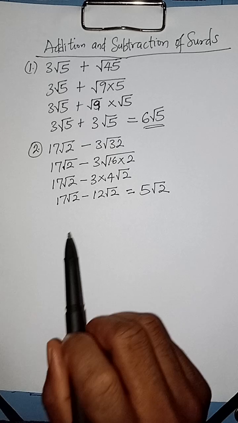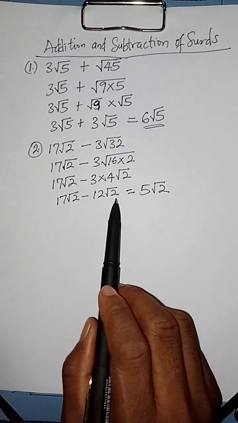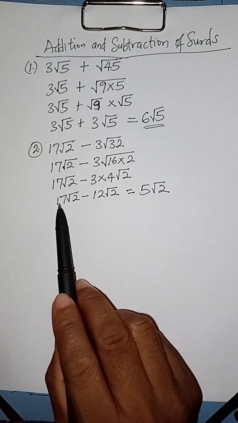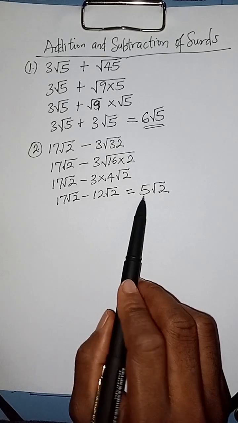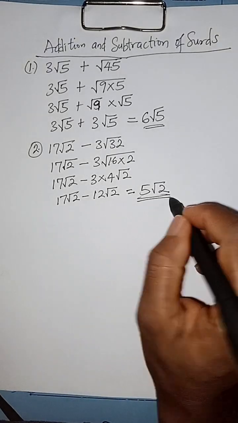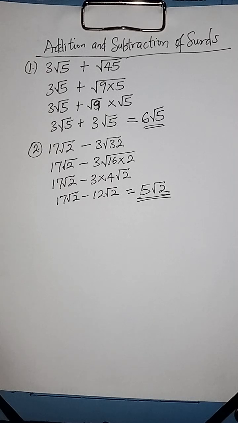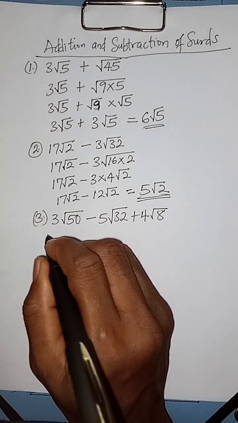Now, it's possible for you to subtract them because this is root 2, this is root 2. So 17 minus 12, it's 5. This is the answer to the question. Now, let's look at number 3. Same procedure. This will be 3,